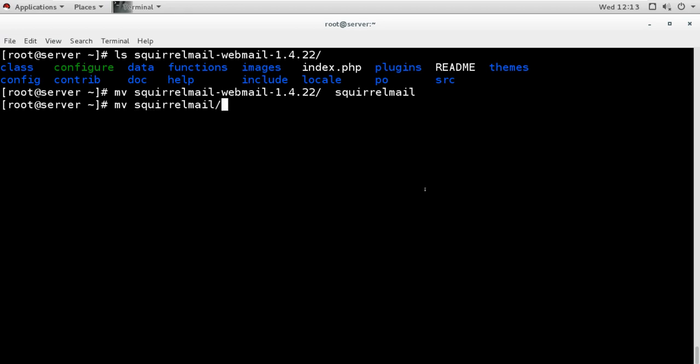I will move this directory to /usr/share. Okay, now we have to make sure that this directory is accessible by the HTTP server.